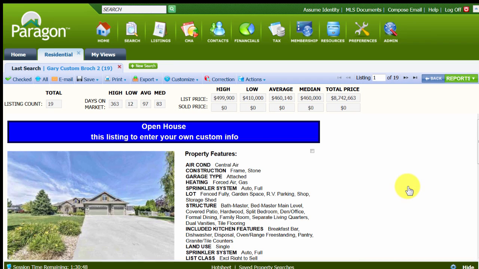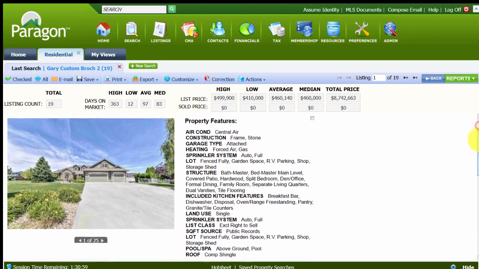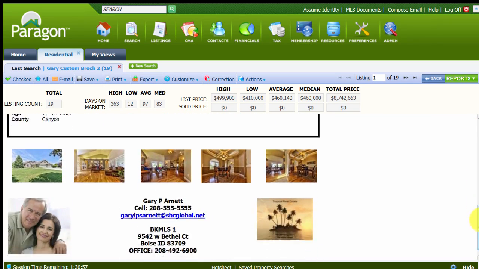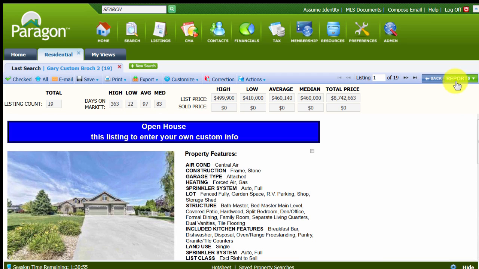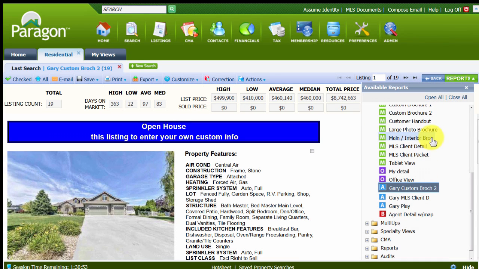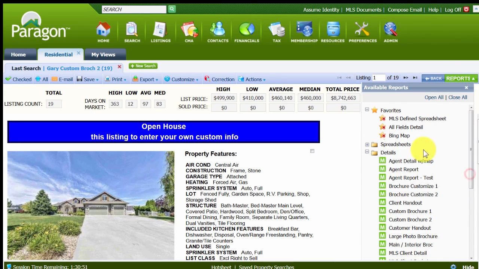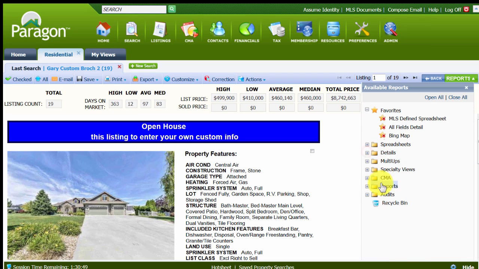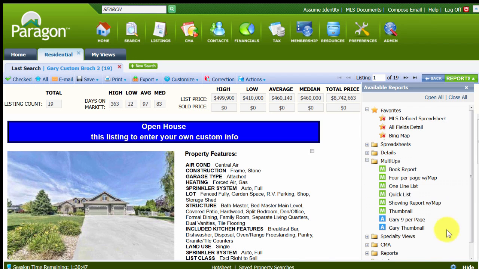That is the first one we created with the blue. And that's how it looks with listing data in it. For the one I just created from a blank page, let me close up details because that means 1 property per page. Come over to multi-ups and notice where I have Gary 9 per page. As I select it,